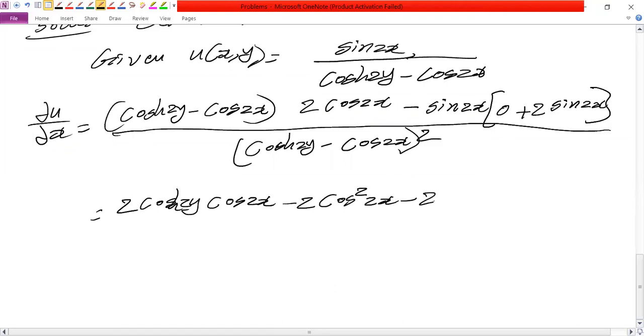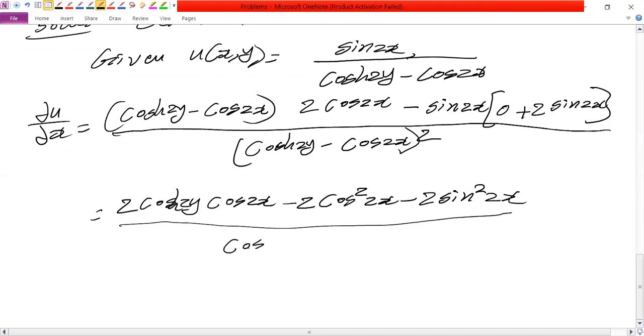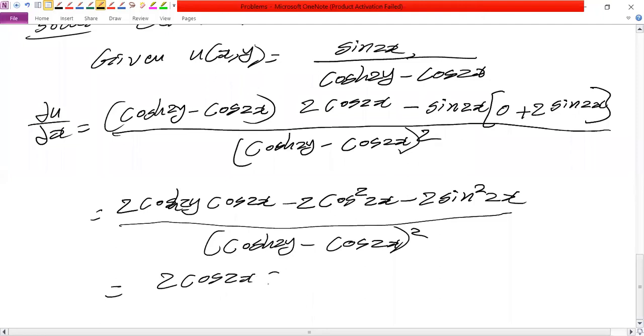We will get 2 sin square 2x. Now, if you observe, the last two terms contain minus 2 cos square 2x minus 2 sin square 2x. So from those two terms, what will we get? Simply 2 minus 2. So 2 cos 2x into cosh 2y